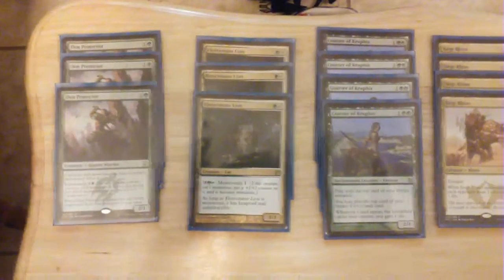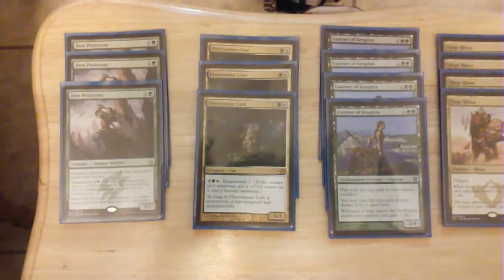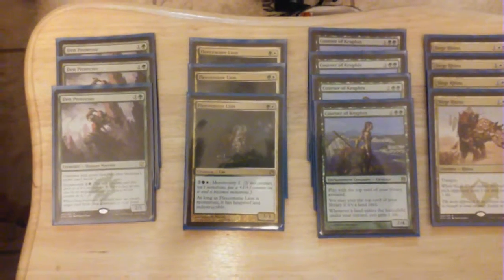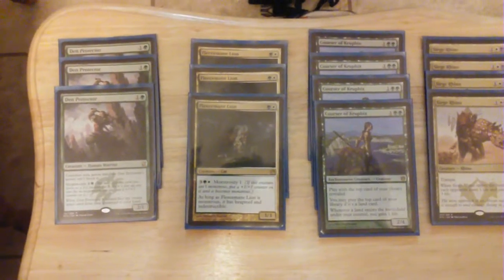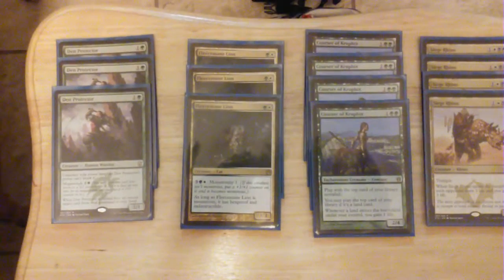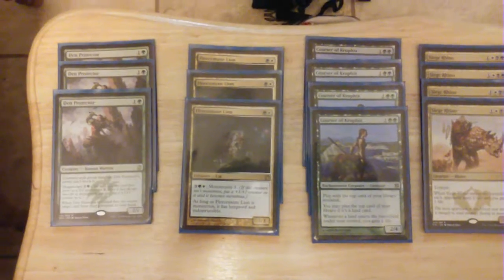Yeah, that's right. Okay, so we have 3 Den Protector, I'm sorry. 3 Fleecemane Lion. So we have 3 very good 2 drops. That'll supplement your early hands that you don't have a Courser, but you have Fleecemane Lions and Thoughtseize. Fleecemane Lion, I feel, is a really good card right now. I mean, it's always been a great card, but